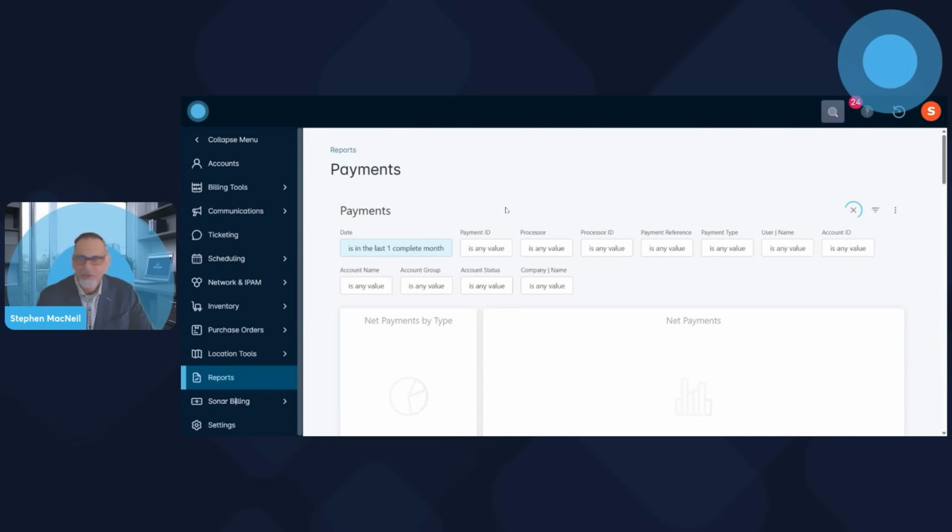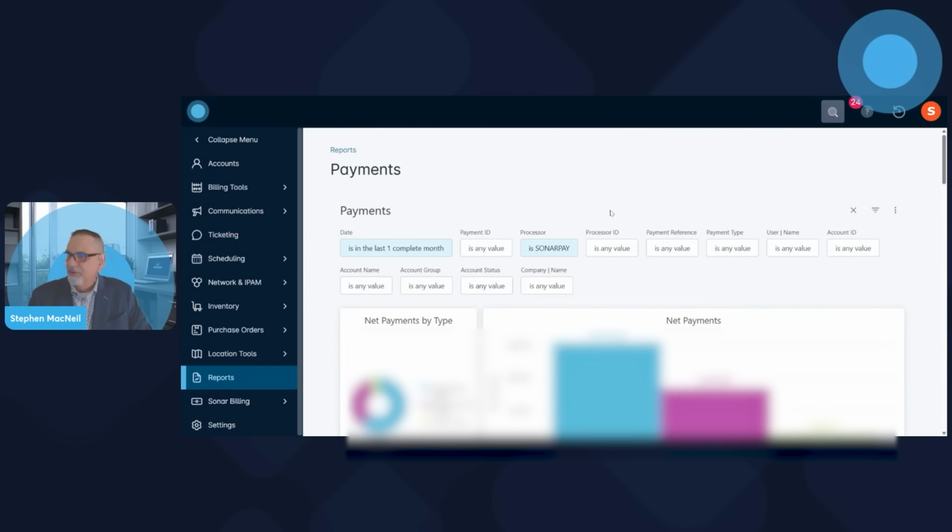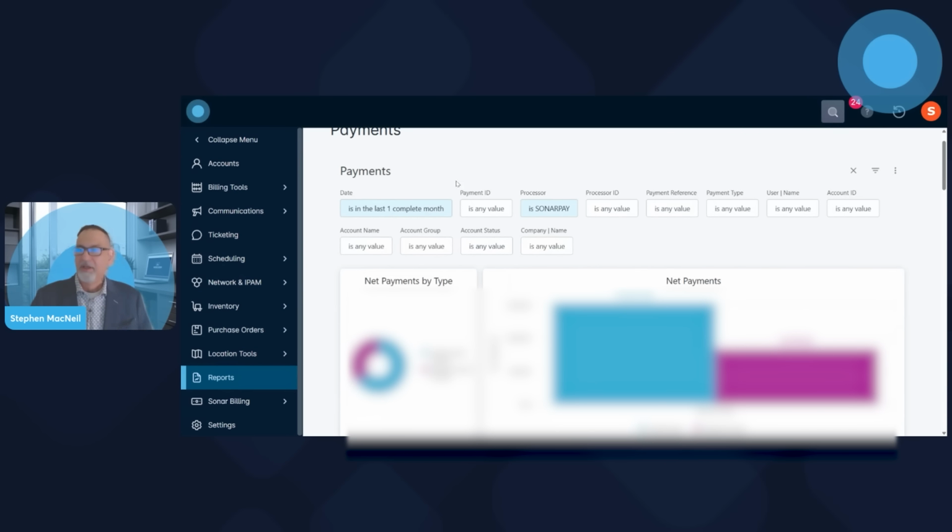now will give you the ability to toggle on the two processors or three, whichever processors you had as legacy processors, and filter that view to see exactly what is going through an individual processor during that filter time period. Exceptionally valuable during the transition process, so that your staff is not having to do additional functions of, okay, let me do a VLOOKUP on sonarPay versus whatever other processor. We made it very easy by just allowing you to pick the appropriate filtered value.